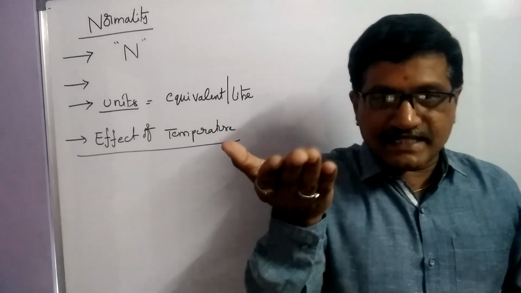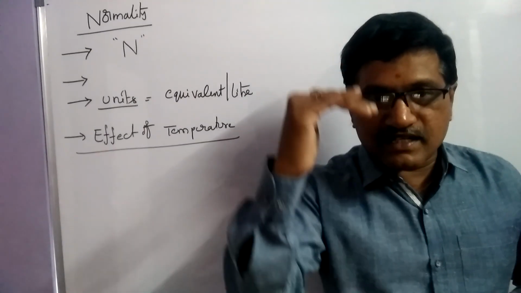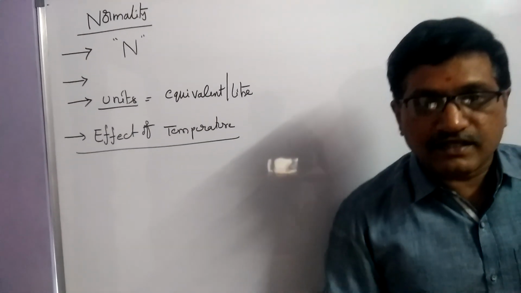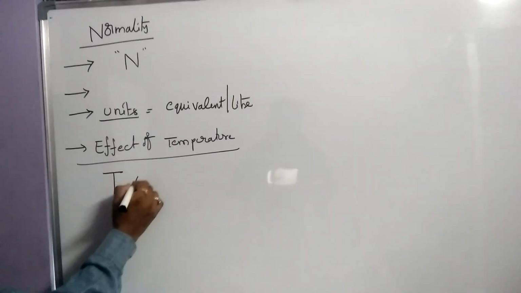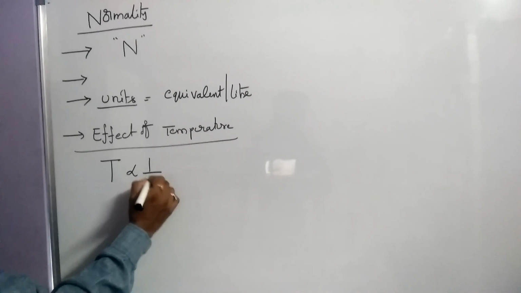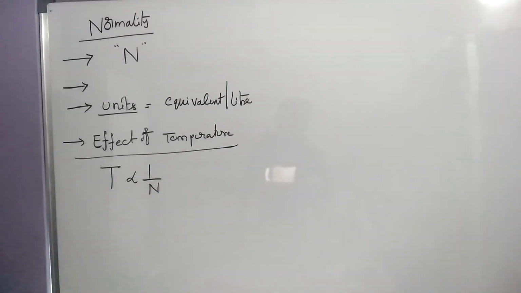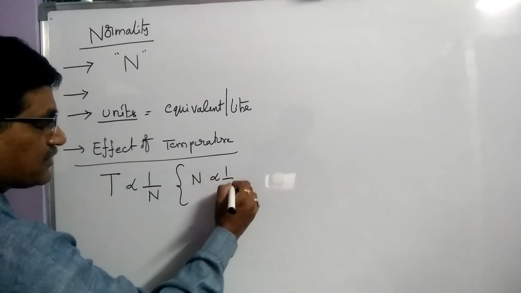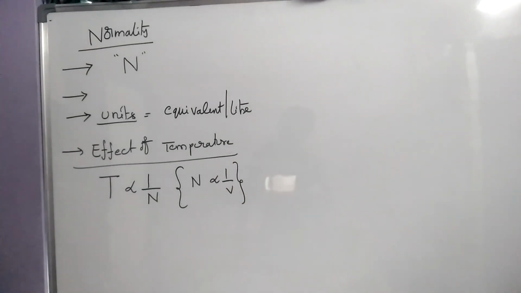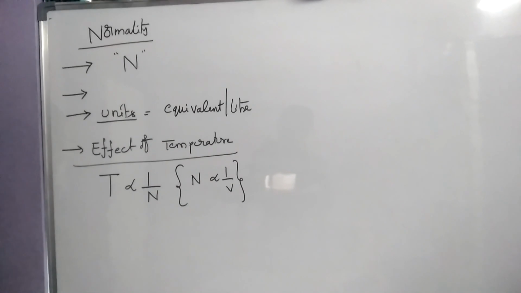If volume increases, the concentration of solute decreases. Therefore, temperature is inversely proportional to normality. Why? Here normality is inversely proportional to volume. Okay, here